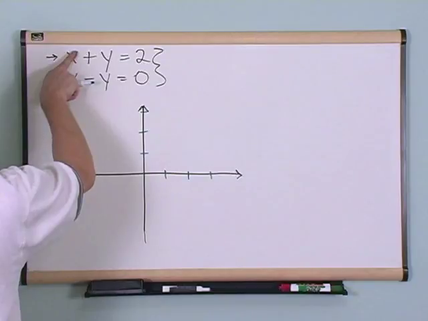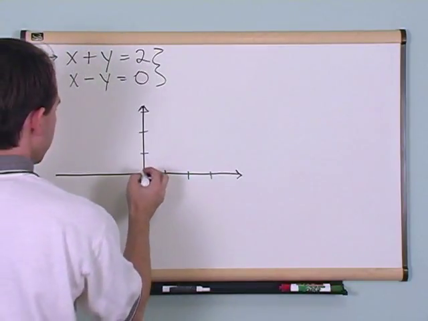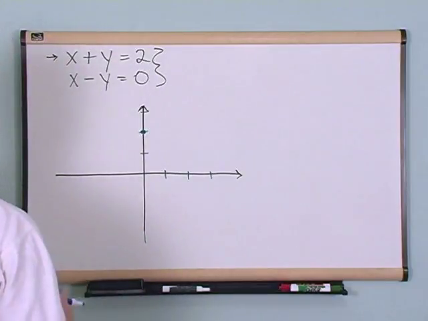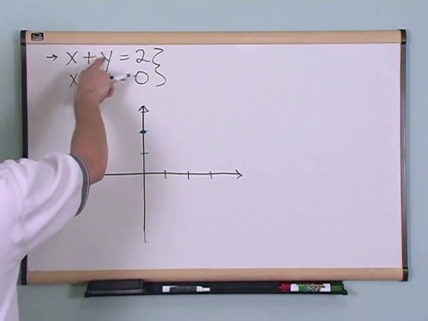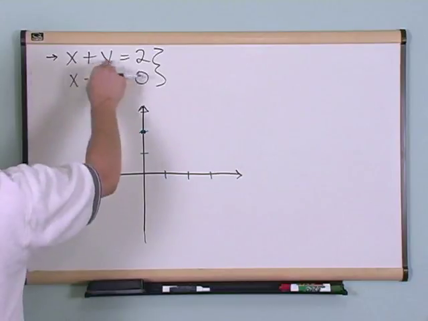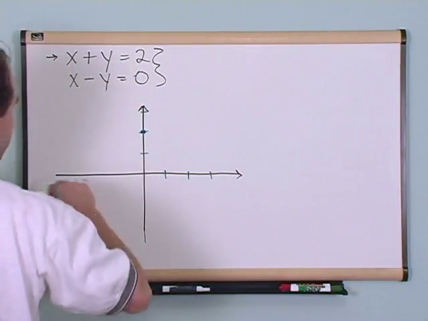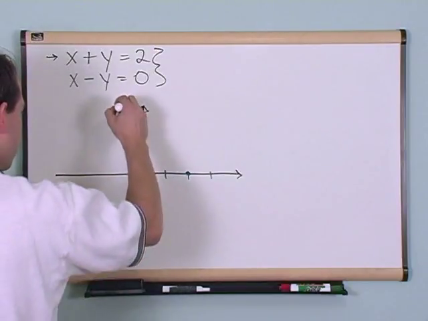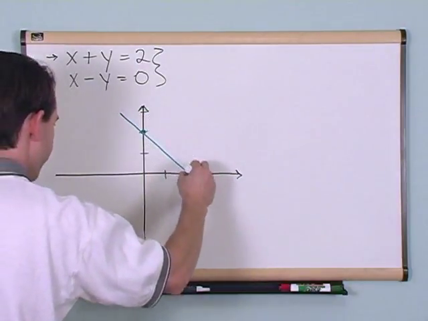Because think about it, put 0 here, y has got to be equal to 2. So if x is 0, y is going to be equal to 2. Here's one point right there. If y is equal to 0, take that away, x has got to be equal to 2, because there's nothing here. So if y is 0, x is going to be equal to 2. Okay, so now I've got my first line,